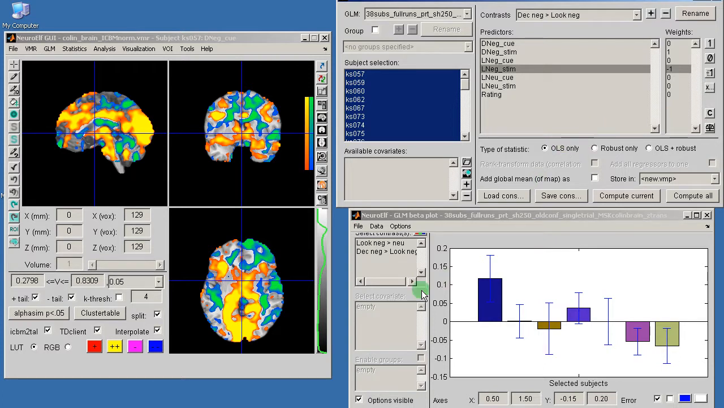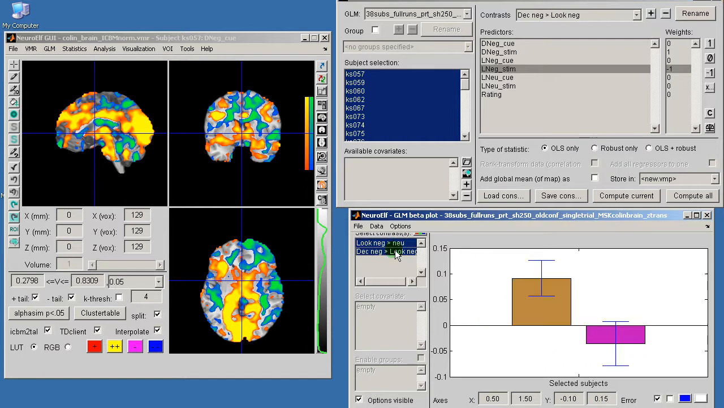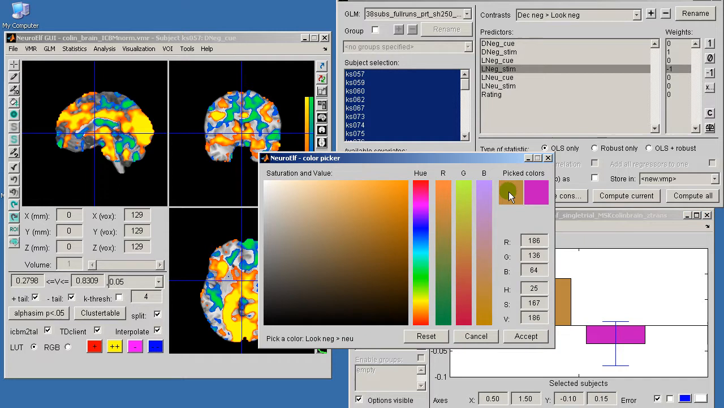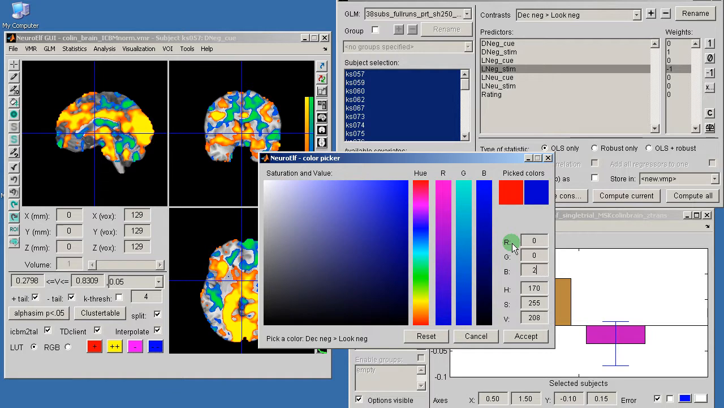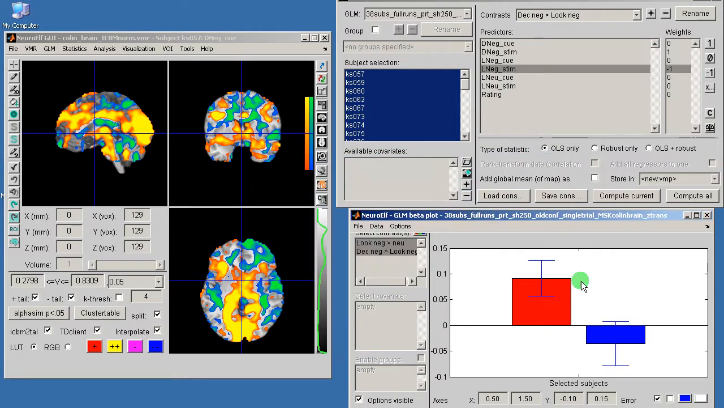Once I have these configured, I will select them in the beta plotter, click the little color button, and then for the look negative over neutral, I will select a very red color, and you can always edit the colors both with the color picker, or you can simply edit them by assigning the RGB color code, which will update then the bars. And the next thing I want to do is I will configure groups,